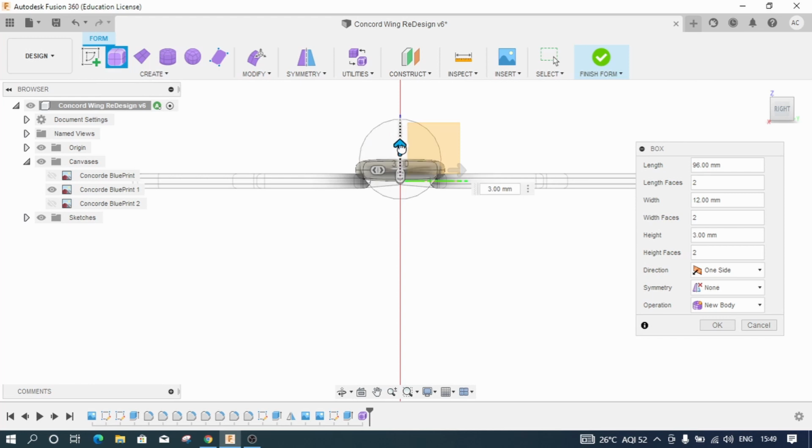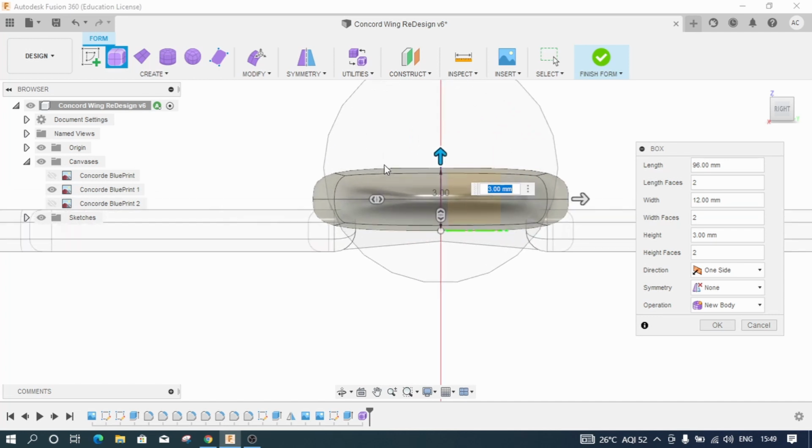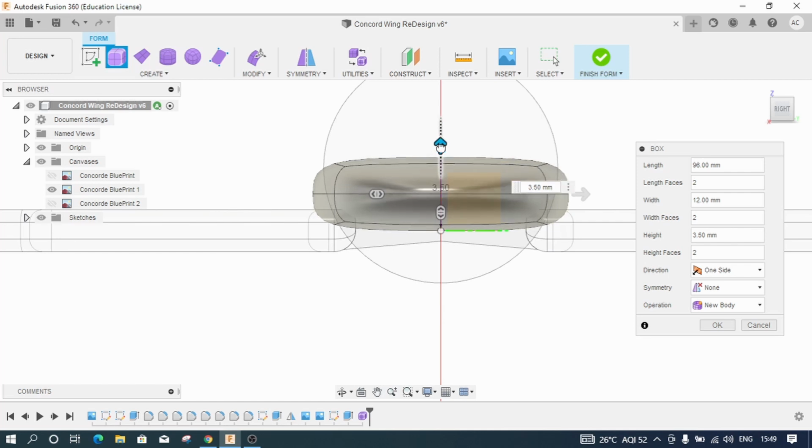I want the width of the belly to be roughly around 3 mm in size. Three and a half mm looks fine. I will click on OK.